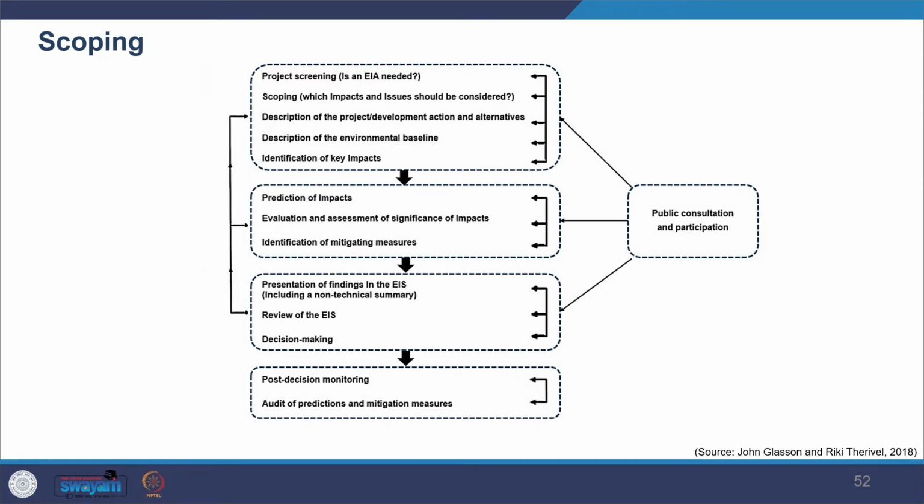Now moving on, we'll look at the second point that is considered in the process, that is scoping part. At the scoping stage, you decide which impacts and issues are to be considered. So what all has to be included, what impact you will study, which impacts you will not study depending on the nature of the project. And it is said to be very effective in the long run because it allows you to save time and use your resources very efficiently if you plan it out well.